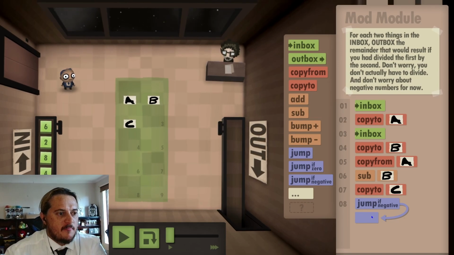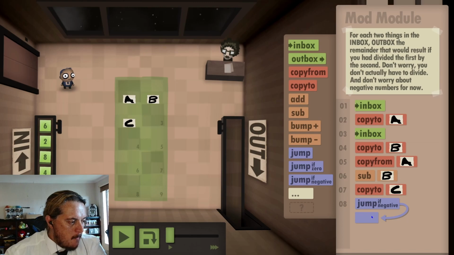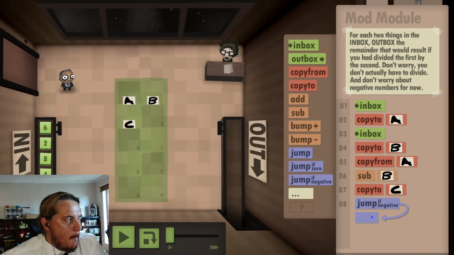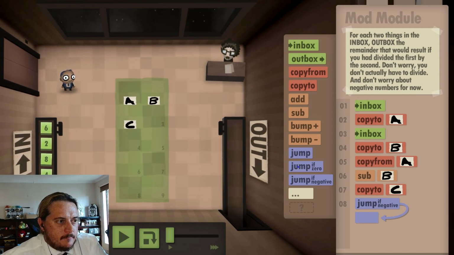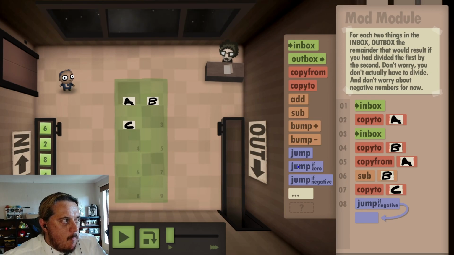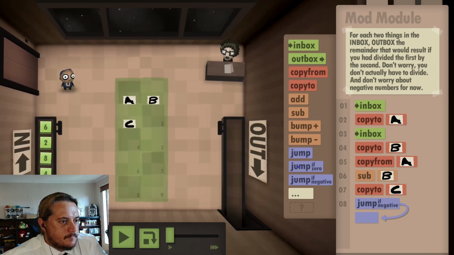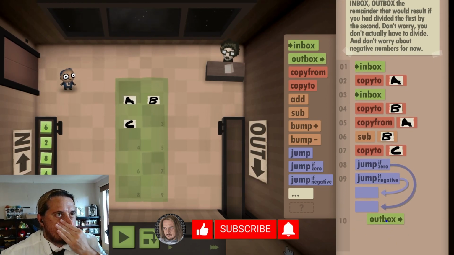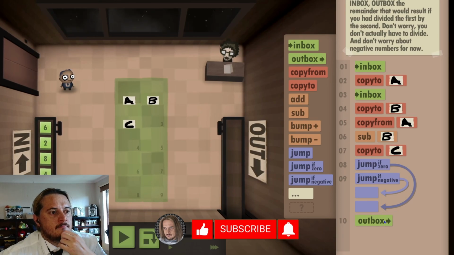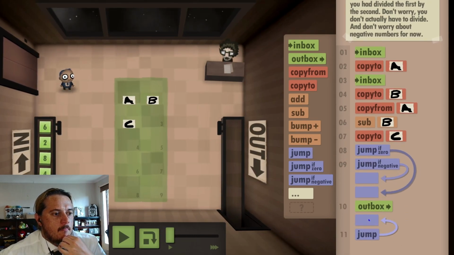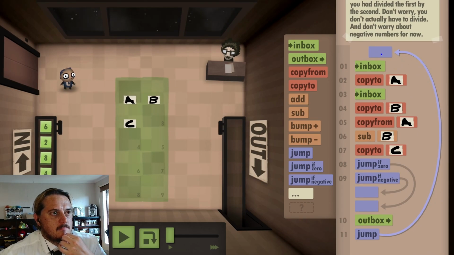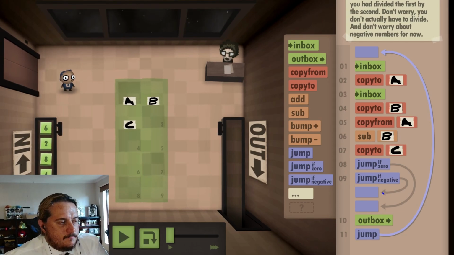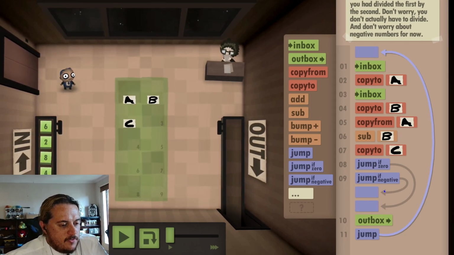The negative is the remainder. Okay. If 0, outbox and start over. Okay. If negative, I need to convert that negative to a positive,